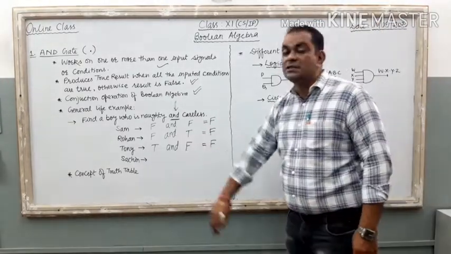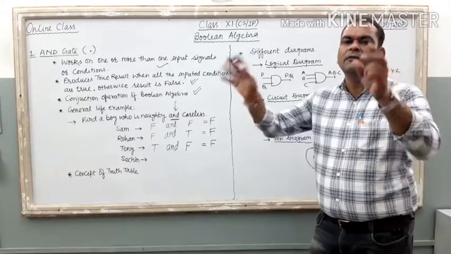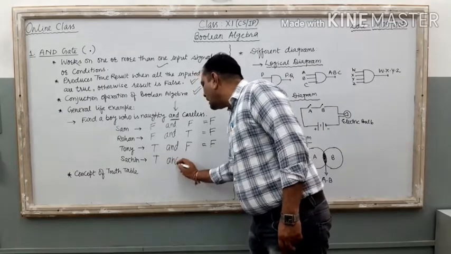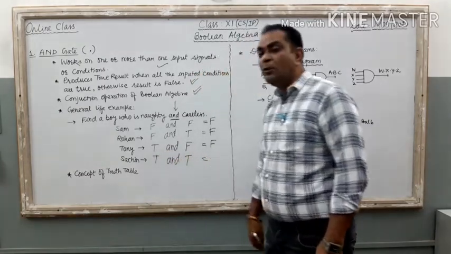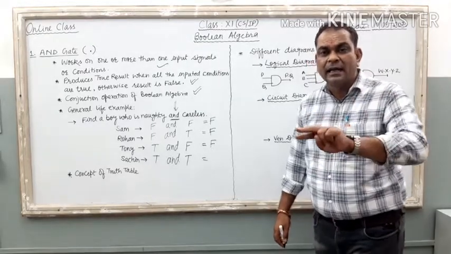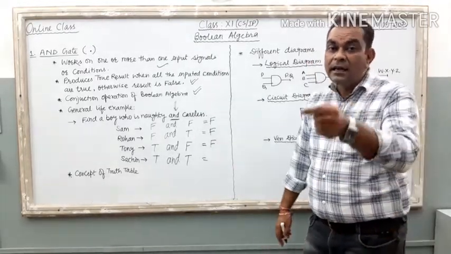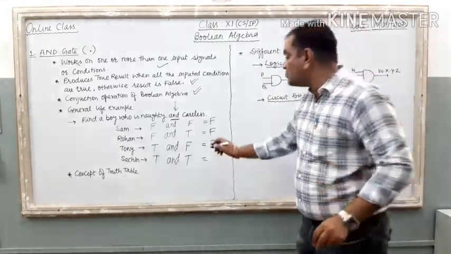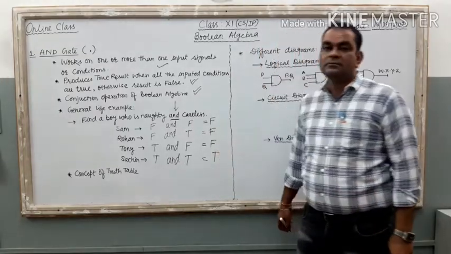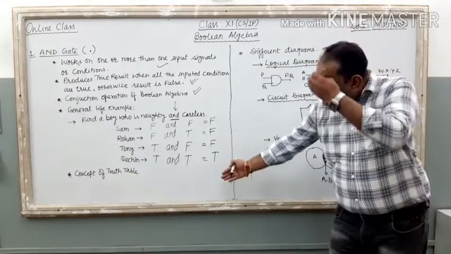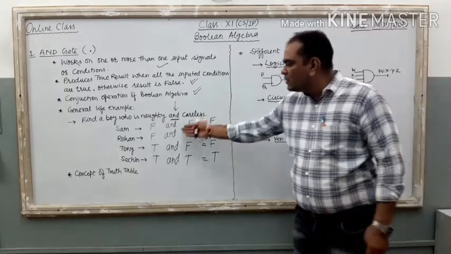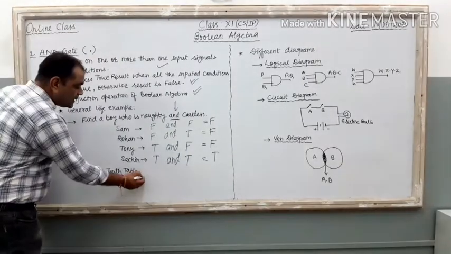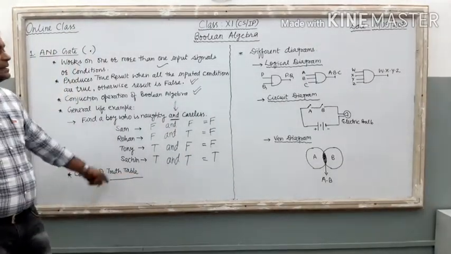Now come to the last one, Sachin. Most arrogant boy of the class. Sachin. He is naughty and he is careless also. Both the conditions are true. Naughty and careless. True, true. Now the result. Yes, you have to filter that particular boy from out of these 50 students. So here the overall result is true. Right? This one, false, false, false, true, is known as the concept of the truth table. Right? It is the truth table.